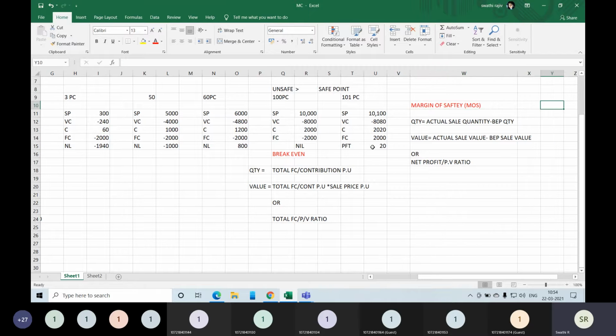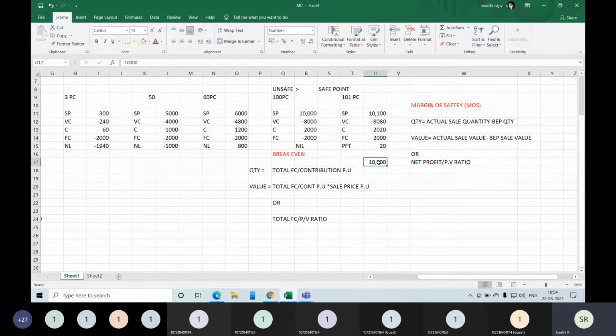And one more formula is, here we are getting a profit of 20, right? Organizations mainly will have a target. You don't want 20 rupees profit or 30 rupees profit. Let us say you desire a profit of 10,000. You can desire anything, 10,000, 10 lakh, 1 lakh, depending on the size of the organization. So let us say your desired profit is 10,000. I have got a profit of 20 here, but who wants a profit of 20 rupees? It's hardly anything. I want a profit of 10,000.